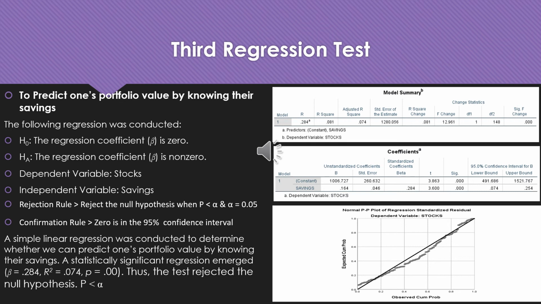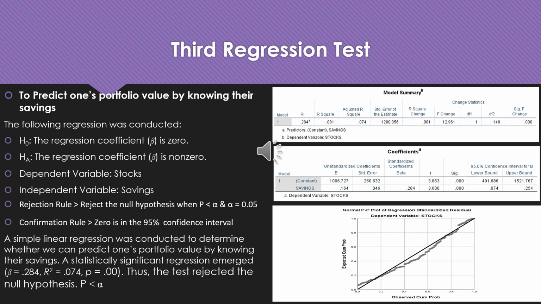The rejection rule states reject the null hypothesis when the p-value is less than alpha and alpha is 0.05. The confirmation rule, 0 is in the 95% confidence interval. A simple linear regression was conducted to determine whether we can predict one's portfolio value by knowing their savings. A statistically significant regression emerged. Beta was equal to 0.284, R squared was equal to